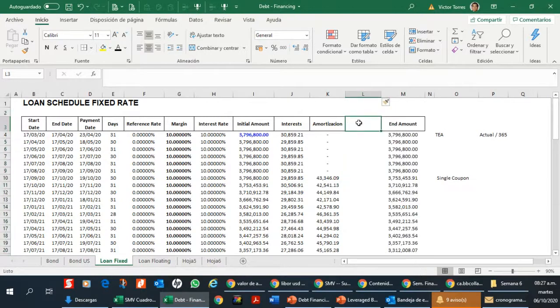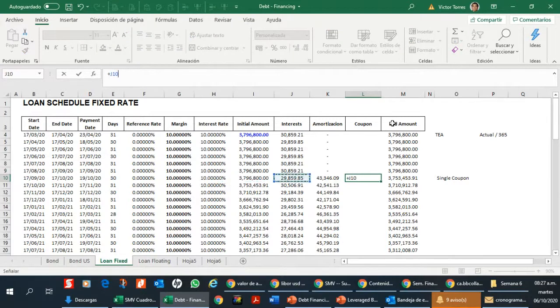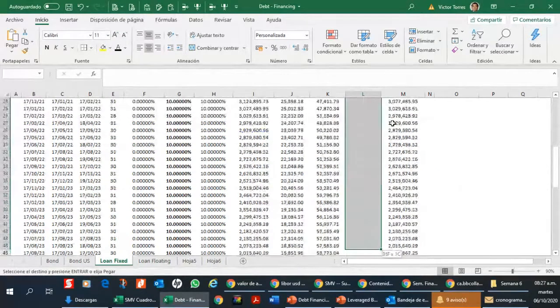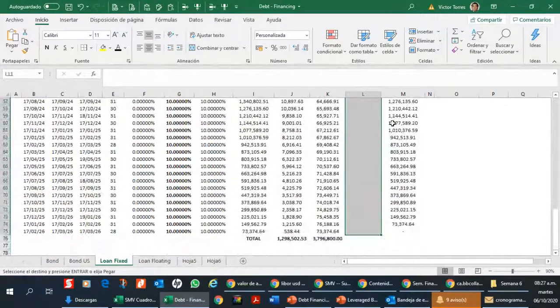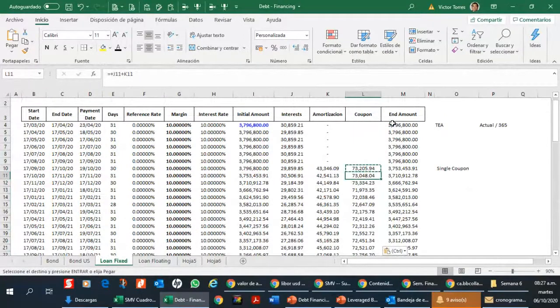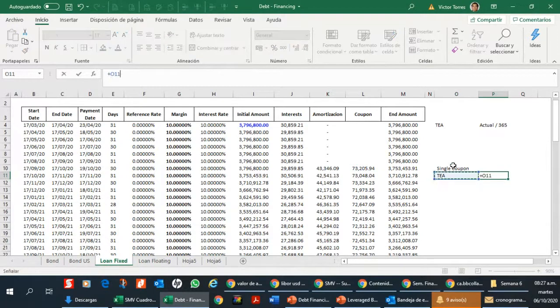Let me just increase here and put a coupon over here, which is the amount that we're going to be paying. And you usually also see this in bonds, as part of the typical structure. I put the numbers randomly, but they are very close to a single coupon, but not quite, right? And you know that normally you figure this out with your annuity discount factor, to come out with the amount that you should receive in order to collect the 10% that we are discussing here. So you do know that we have TEA in this case, an effective interest rate of 10%,